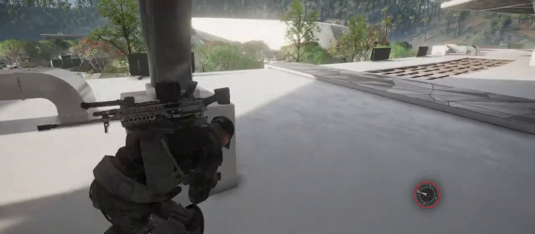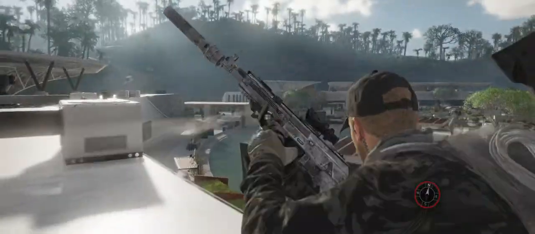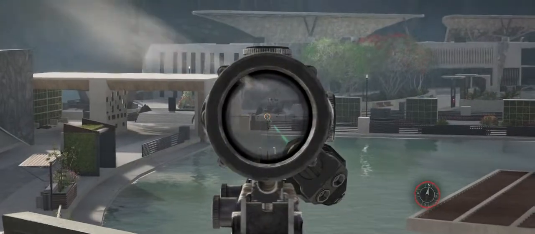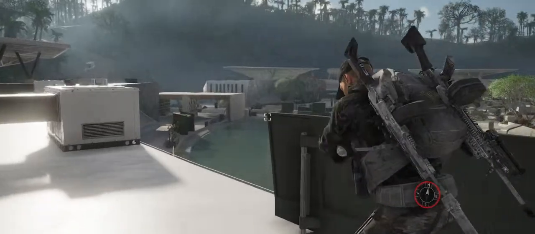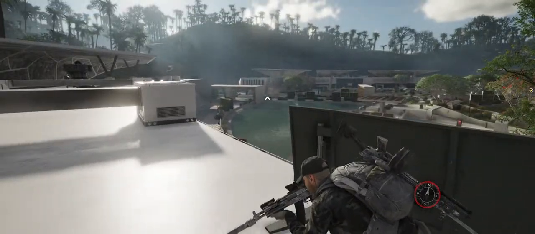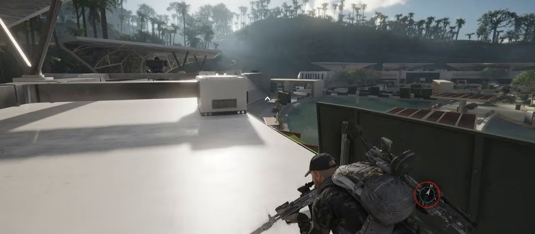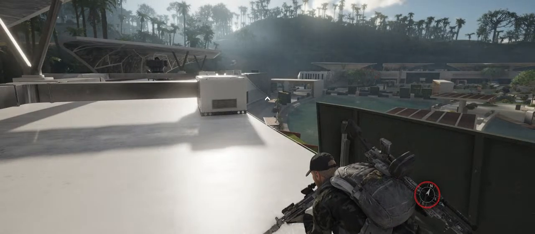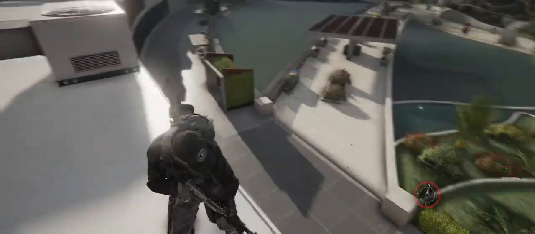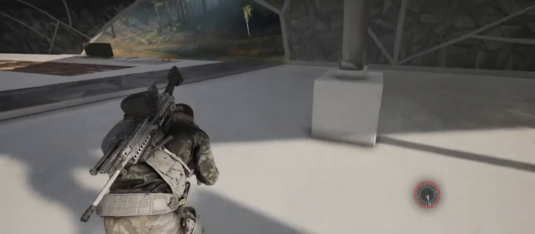Right. So let's get up against this barrier here. You can't fire that rocket from within cover. So there's a heavy coming. So he's inside the building. Doesn't look like there's anyone outside the building, otherwise they'd be shooting me right now. So maybe they're on the other side. But I think the other side is just...